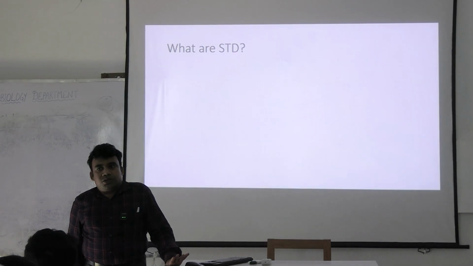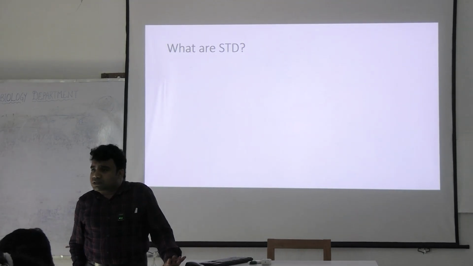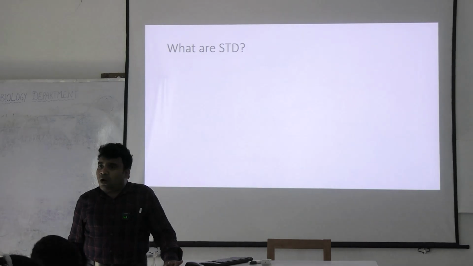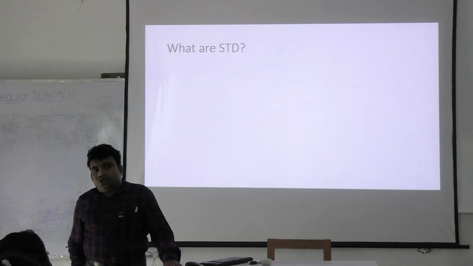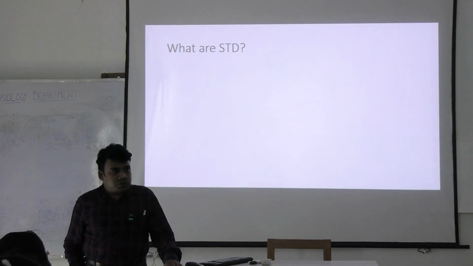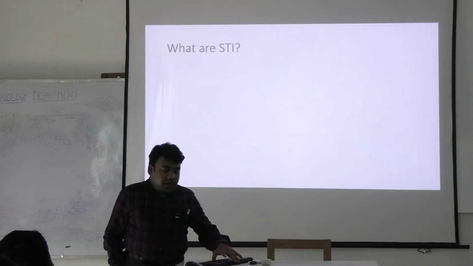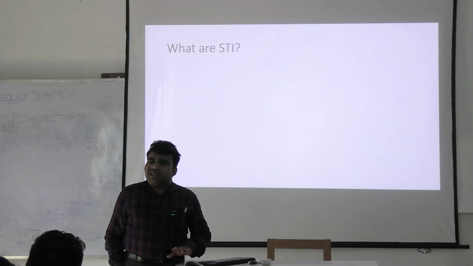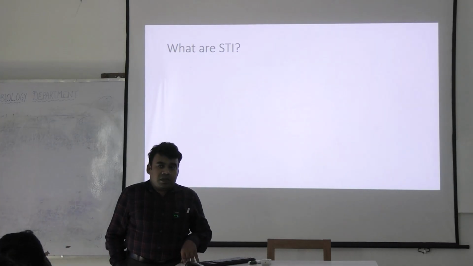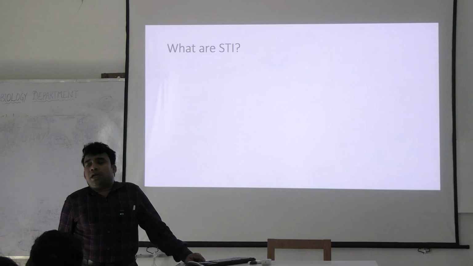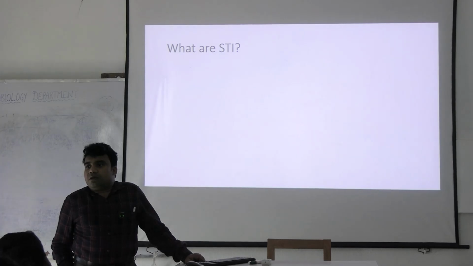Now you are clear? So reproductive tract infections, or RTI, means all the diseases which affect the reproductive organs. Sexually transmitted diseases are all diseases which are transmitted sexually. It will also include diseases which may also spread in other ways. Now, obviously, there is some sociological problem, especially the stigma associated with infections of the genitals. Now, the name that is proposed today is sexually transmitted infections, or STI.